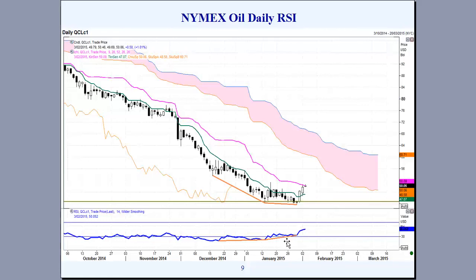And what it's telling us is that the momentum the market had at this level and this level is not the same as what it was there now. We have less downside momentum, so it tells us that the sellers are not as eager or as keen as they were previously back here. And it's suggesting that the market is ripe for a decent uptrend. Now, the depth of that uptrend is debatable, and we'll have a look at that in a minute.